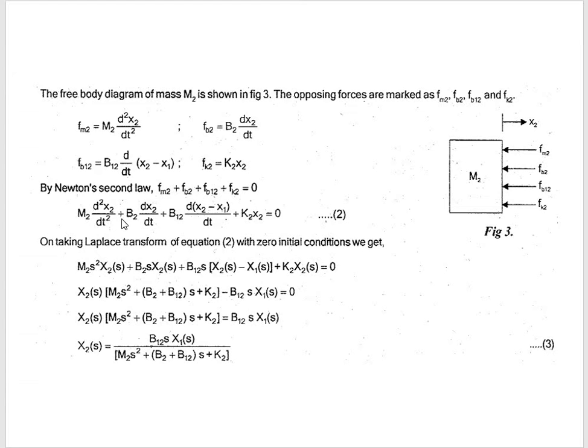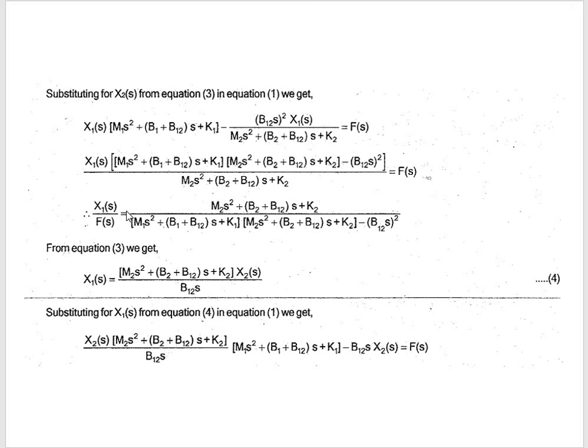Therefore, it can be written in the form of m2 d square x2 divided by dt square plus b2 dx2 by dt plus b12 d of x2 minus x1 divided by dt plus k2 into x2 is equal to 0. By taking Laplace transform, m2 s square x2 of s plus b2 s into x2 of s plus b12 s into x2 of s minus x1 of s plus k2 into x2 of s is equal to 0. By simplifying this, we obtain x2 of s is equal to b12 s into x1 of s divided by m2 s square plus b2 plus b12 into s plus k2. By substituting the previous equation,